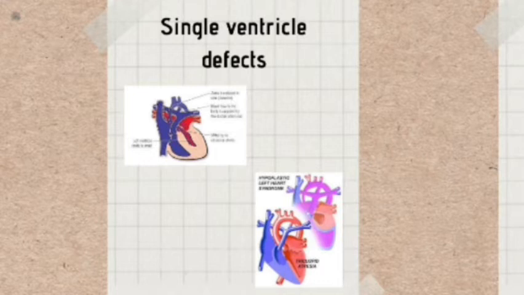A single ventricle defect is where only one of the pumping chambers develops properly. Without treatment, these defects can be fatal within a week or a few weeks of birth. Two of the more common single ventricle defects are hypoplastic left heart syndrome, which is a rare type of congenital heart disease,